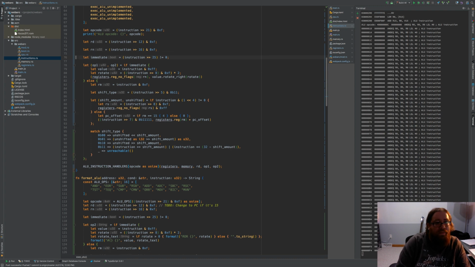Get rid of that. And then, what is it saying about op 1? So we're adding an extra 4 if we're in here. So that means